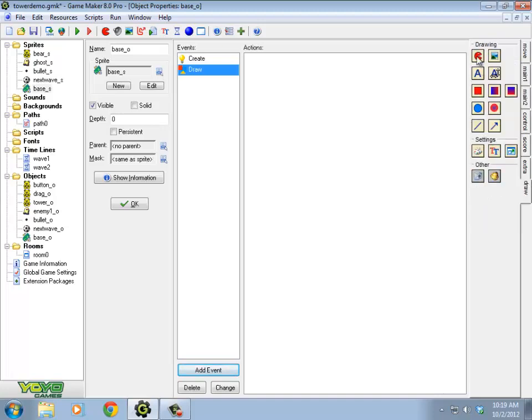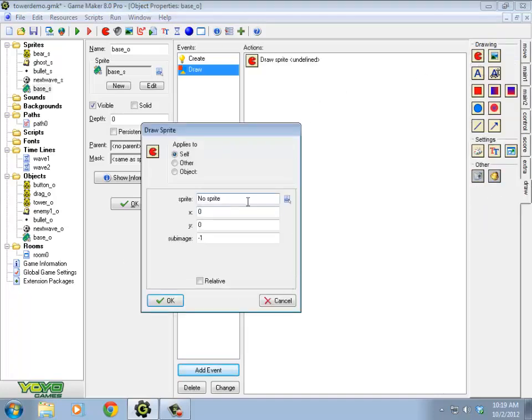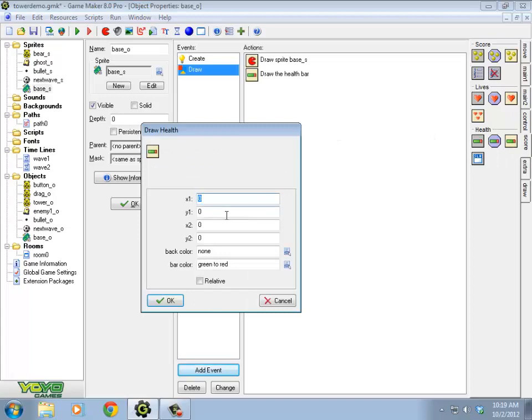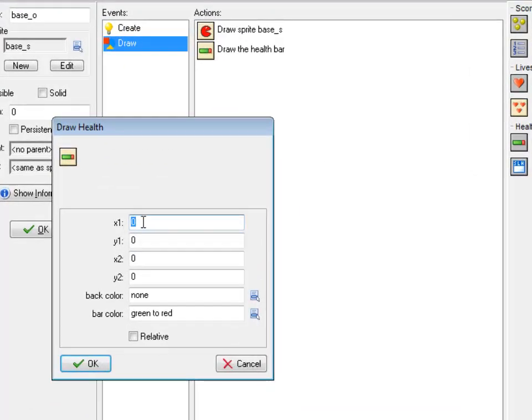So to redraw my sprite, that's this top left one at the draw event. Draw my sprite at my X and Y position. That's fine for the subimage. That'll make it so the money draws. Now, under score, I need to do the draw health bar. This is a similar X and Y position. This is the top left of the bar. These 2 points define the bottom right. So I'm going to do X minus 16 again, X plus 16, Y minus 21,